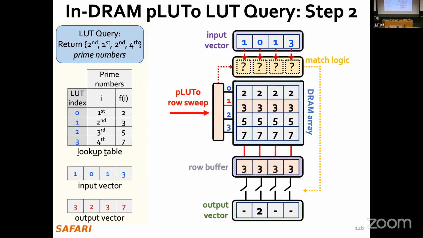So this repeats for every single one of the rows. The next time, I'm going to copy the last prime number, the number 3, the second one, and then the third one, and the fourth one.